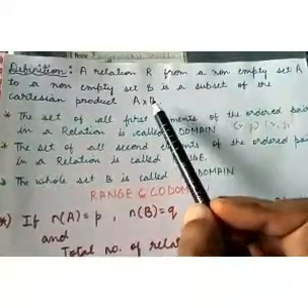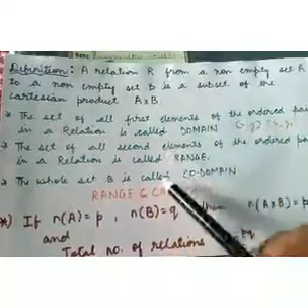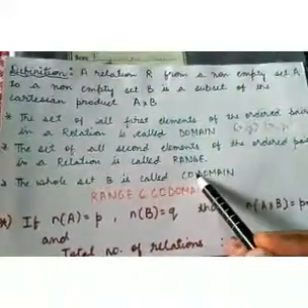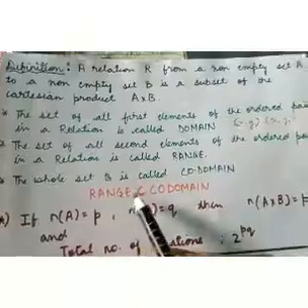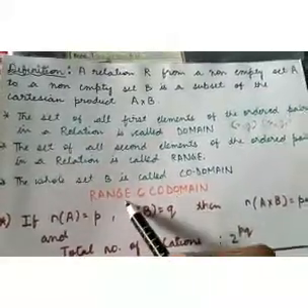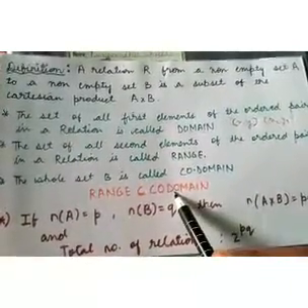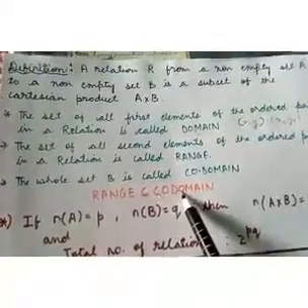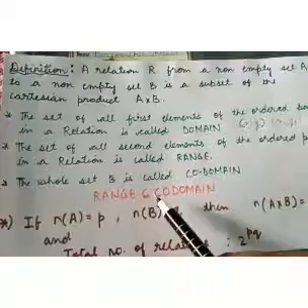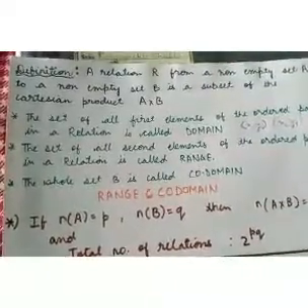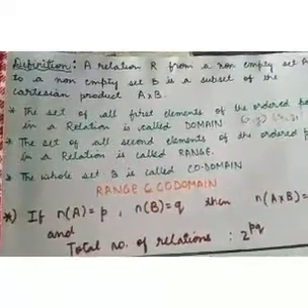That is, this whole set B is called codomain. There is a difference between range and codomain. Range is a subset of codomain. Sometimes range can be equal to codomain, but mostly in general we have range is a subset of codomain. This will be more clear to you when we solve the questions from the exercises.